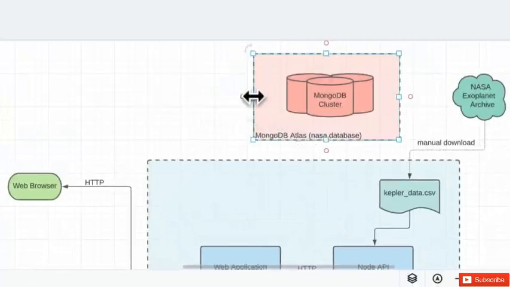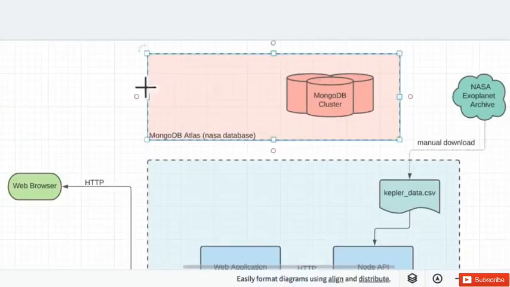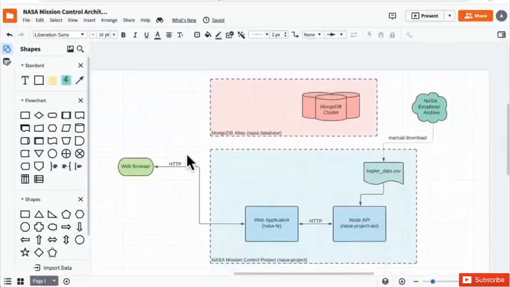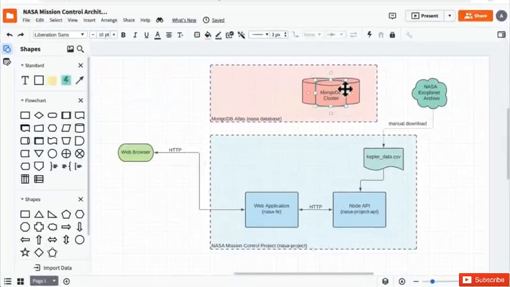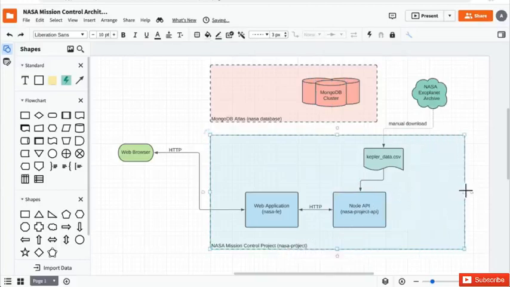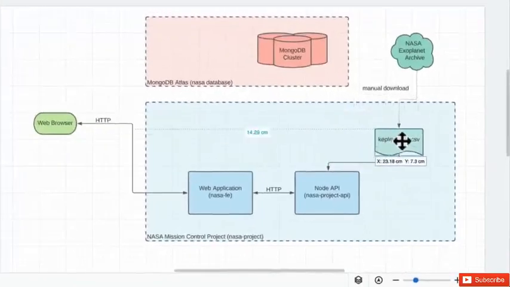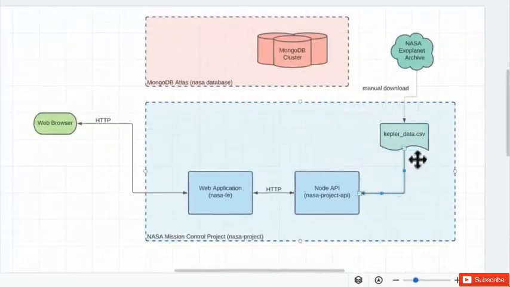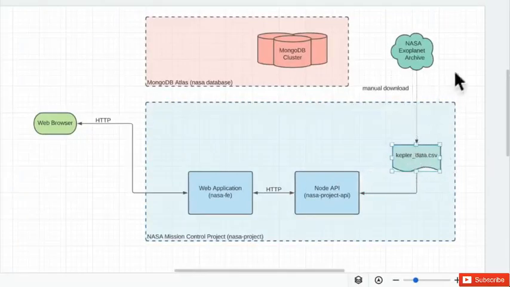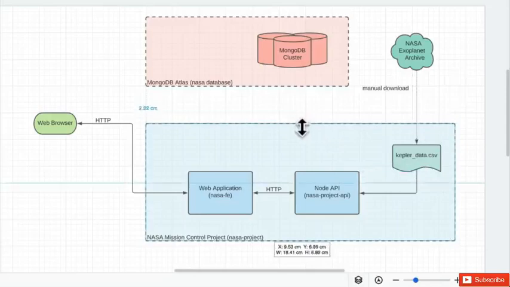Now we know that our database is hosted on Mongo's Atlas service, and we can add a connection between that cluster and, well, what does it talk to? It talks to our Node API. Let's clean things up a little bit and rearrange our NASA project section here to give ourselves a little bit more room to connect to any external services. So I'll move this CSV file over just a little bit. I'll connect it over here. And now I can make this box a little bit smaller